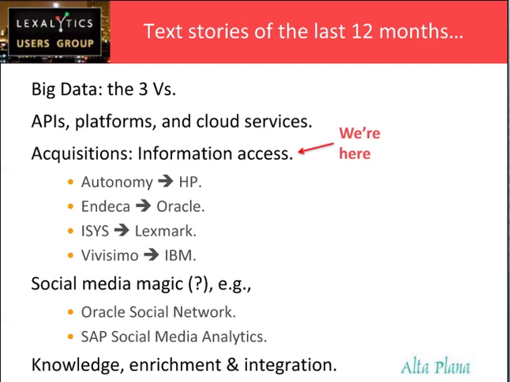ISIS is a search tool. It's not all that well known, but it's often purchased for embedded use, I believe, maybe in e-discovery systems, for instance. What I find more interesting about ISIS than the search is a product they have called document filters, which allows you to extract information from something like 300 different formats or sources of information so that you can pull it into other systems. And Vivissimo